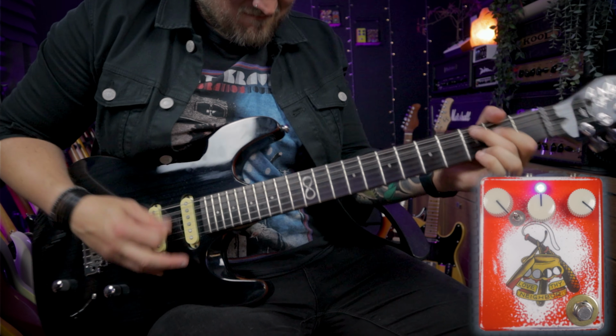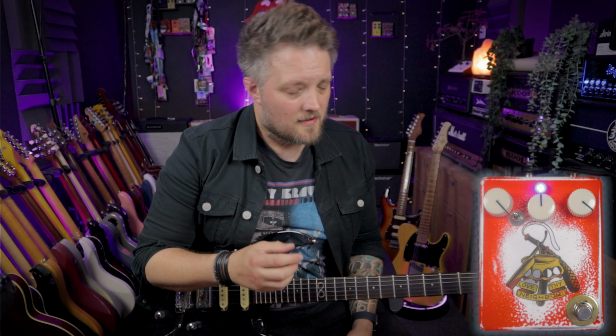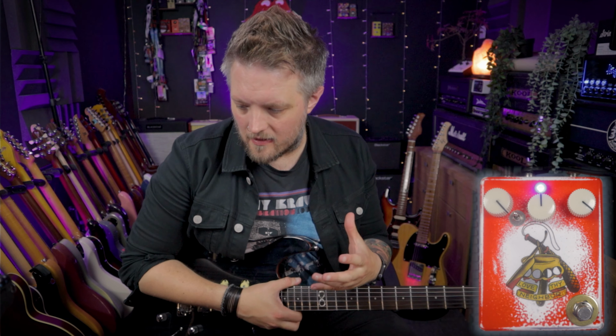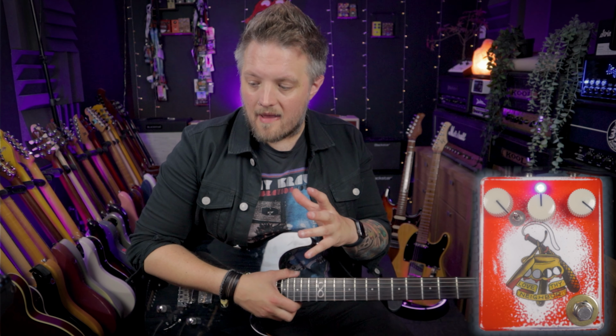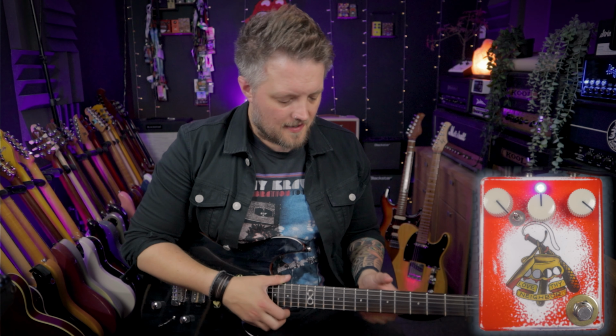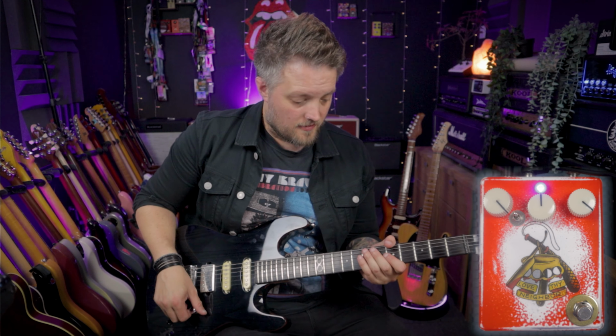Now that is a really fun sound because that's very different to any other overdrive pedal that I have owned or currently own. It really does feel a bit more like a cranked amp, which I know is that thing that a lot of overdrive companies are always trying to nail, is the amp in the box tone. I think Joe's really nailed the feel of that with this. Now this is also very responsive, so if I roll the guitar volume down,